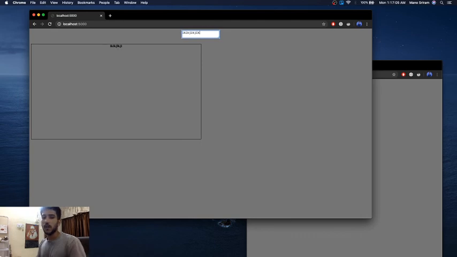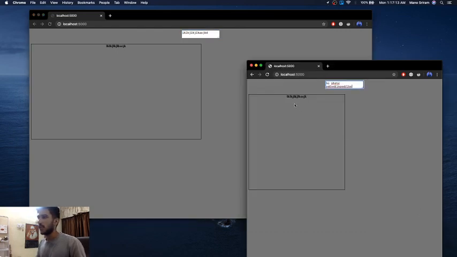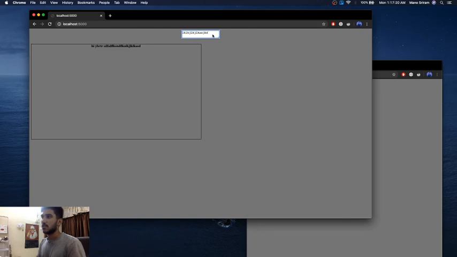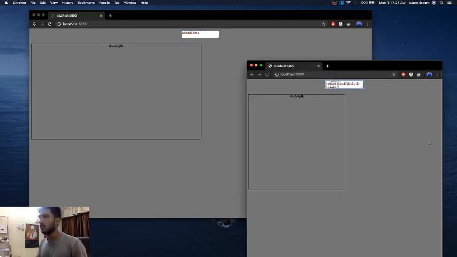What's happening is the client only sees this, and this person can only see when this changes. If I change here, you can see it going here. So only once you press one button does it work, or else it's not working.